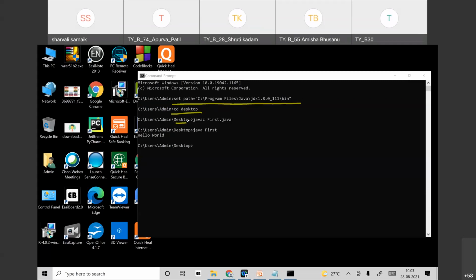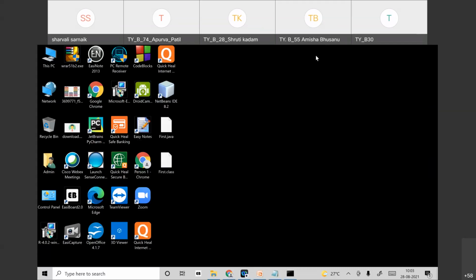For compilation, you have to write javac first.java. That is the name of the file. So this is the compilation step. After compilation, we know that our file will be in the form of bytecode. As we said, there will be an automatic class file creation. Now see on the desktop, there is an automatic class file creation.